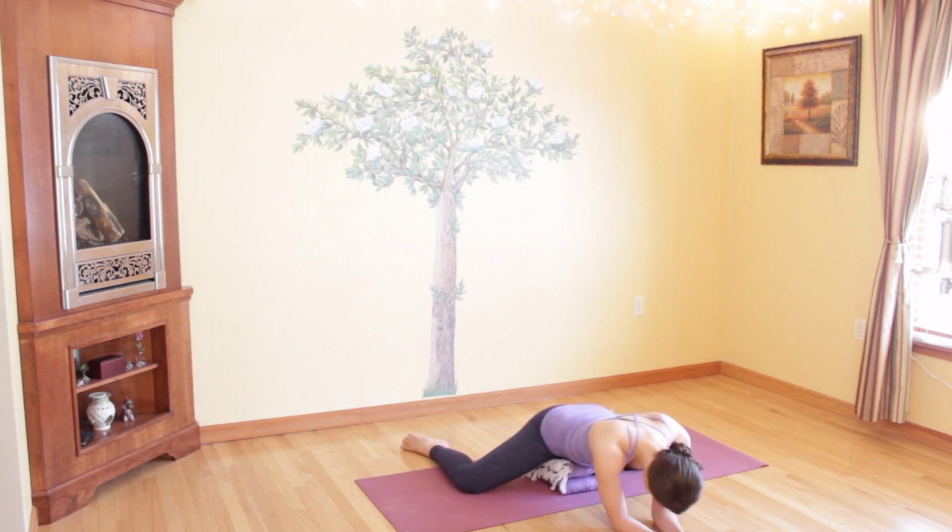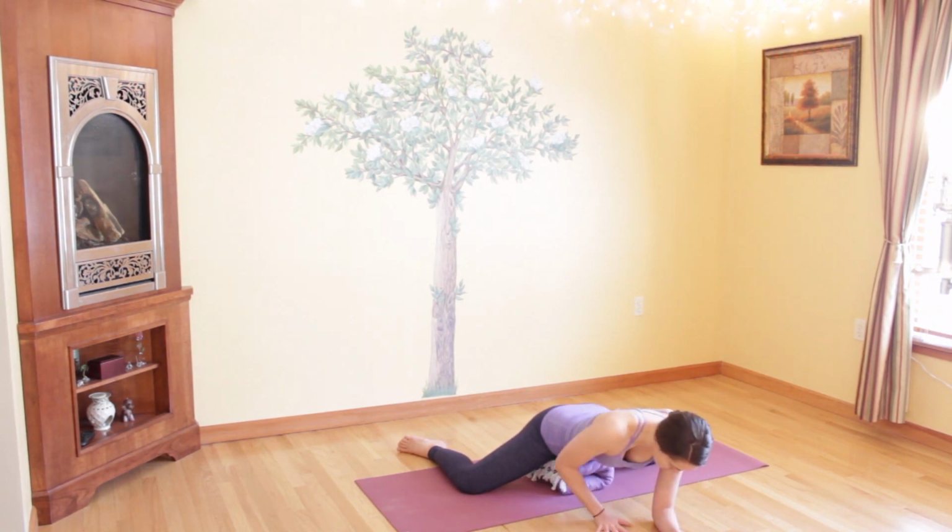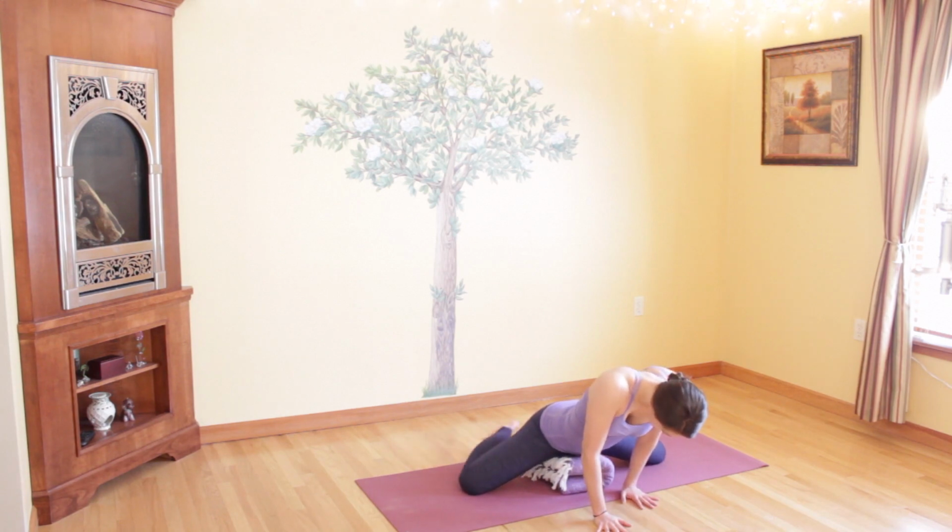If you're quite flexible, perhaps you're a dancer, you have great turnout and you don't need any blankets, that's fine as well. Just getting into those hips and inner thighs here as much as you can. If you are even closer to the ground, you can drop your forehead onto the ground, whatever you need. It's all about your own body and listening to what it needs. Wherever you are in this pose, take a few more deep breaths and slowly bring yourself back up onto your